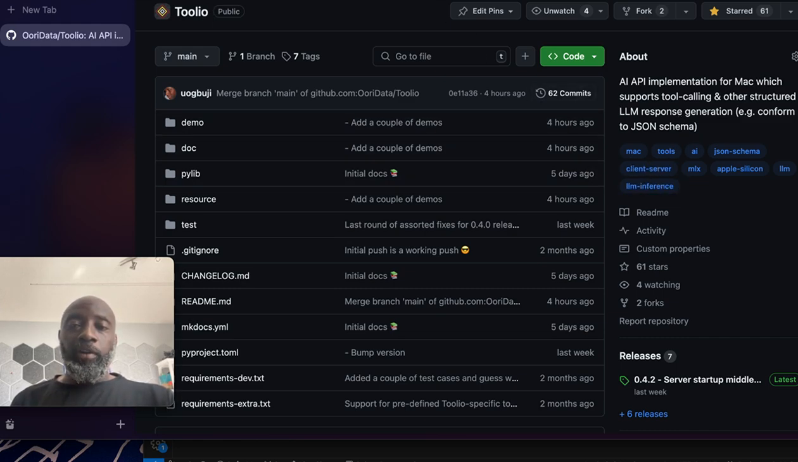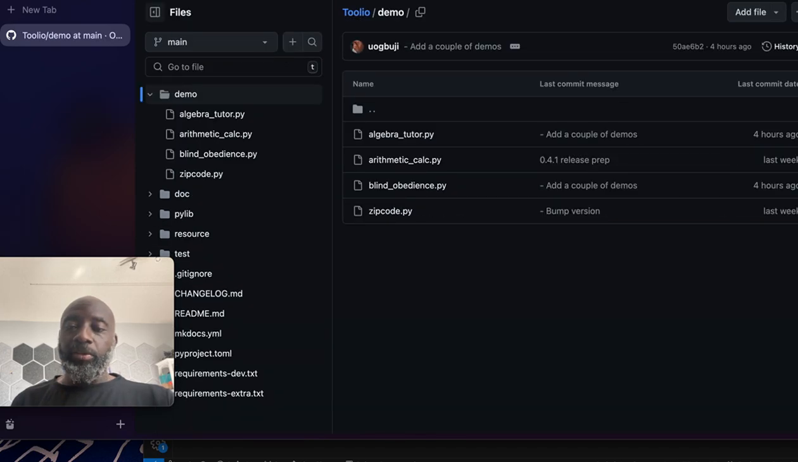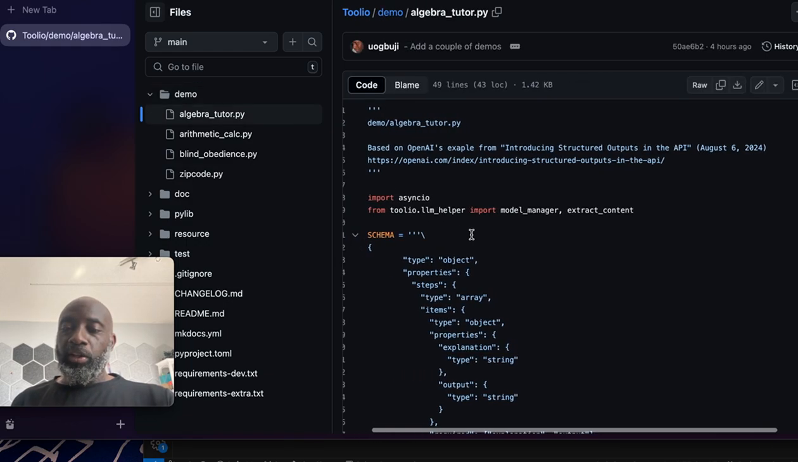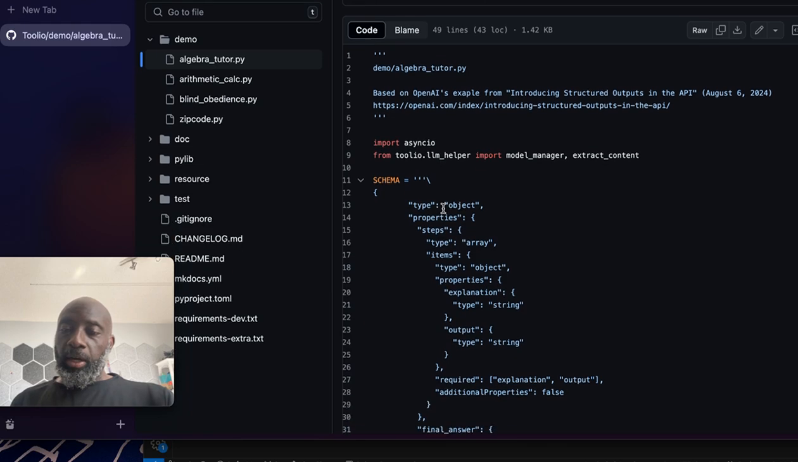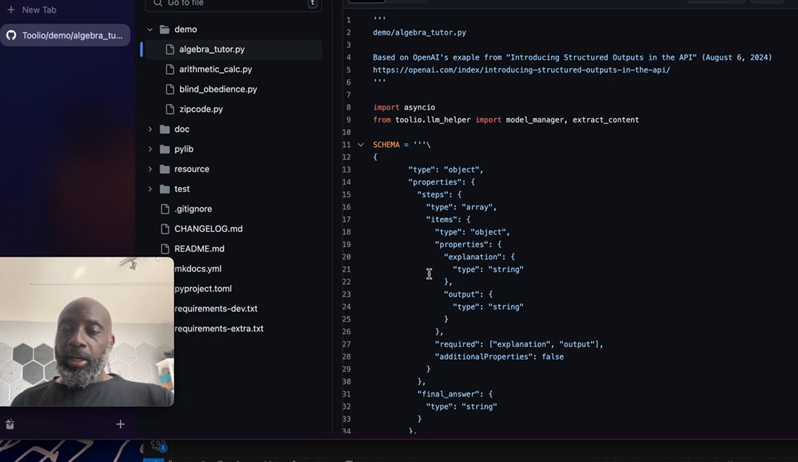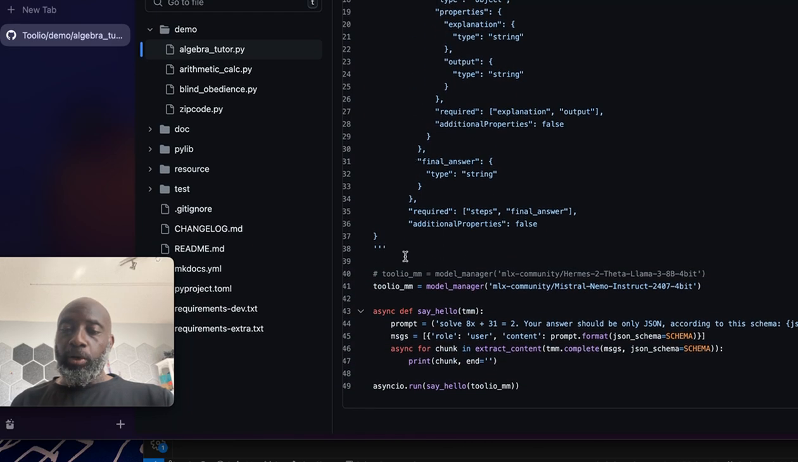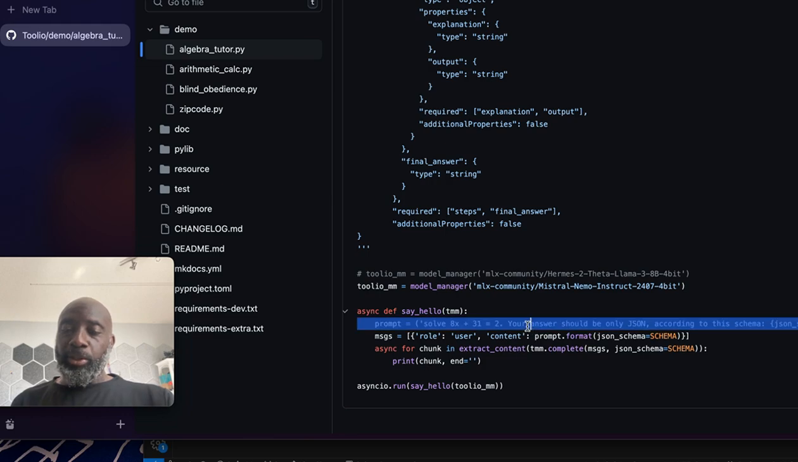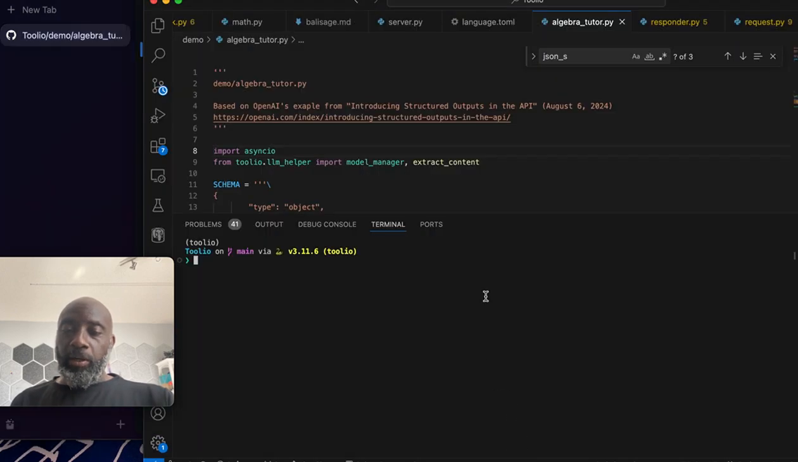So sure enough, I went ahead and implemented a new demo for Toolio, this algebra_tutor.py, which basically creates the schema, which is copied right from the OpenAI schema. And then just a couple of imports, just a few lines of code in Toolio. Here is the prompt, which is pretty much just the same prompt that OpenAI used. And if I just run it real quick, let's see,